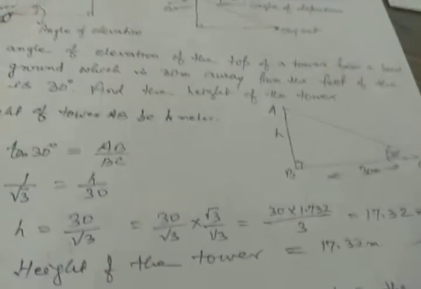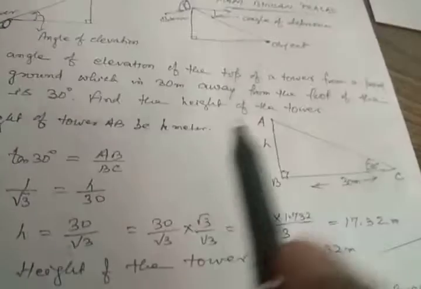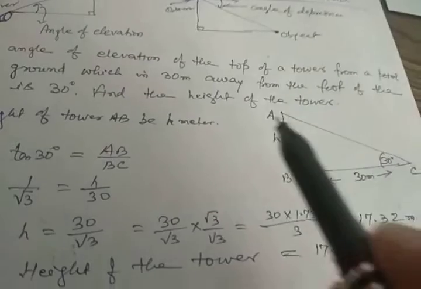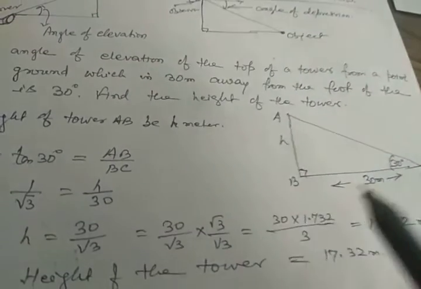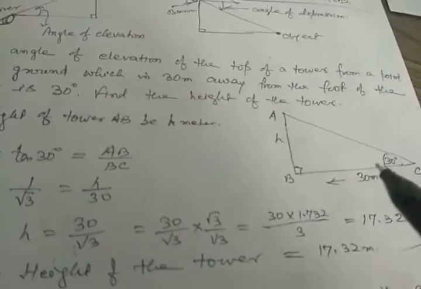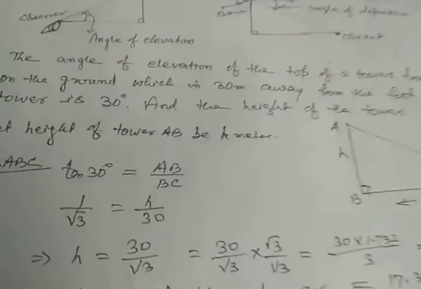Now you may ask whether I have to use sine, cos or tan. Which one will be used? That depends on the data given and the required. Is it clear? Just see, this is given and this will be required. So what is the relation between these two? P by B, that is called tan. You can use tan now. Or you can say, sorry, we can use cot also, but I will suggest you use simply sine, cos or tan. You can use cosec, sec, cot, no problem.